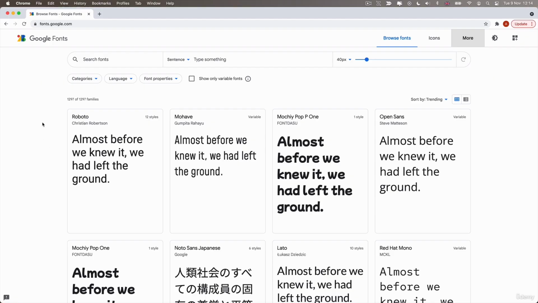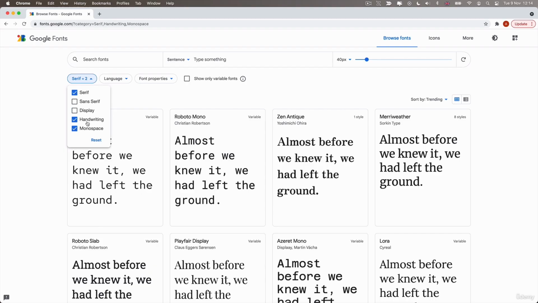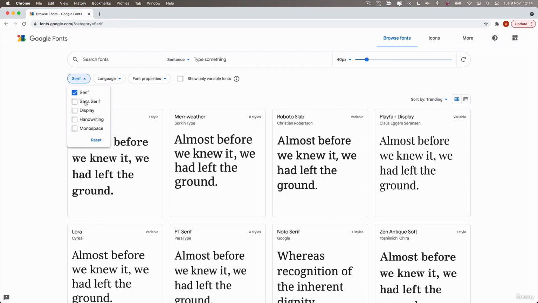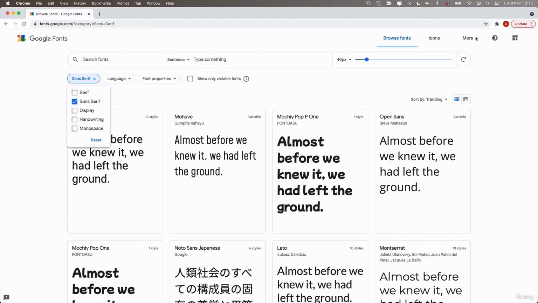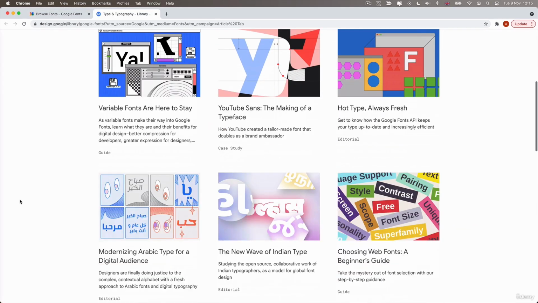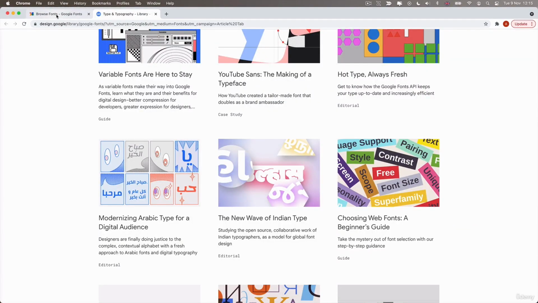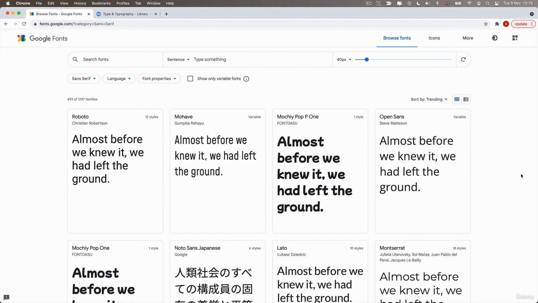And there's a large choice of font families that you can pick through. So you can choose whether you want just serif fonts to look through or sans serif. They have these cool articles about which fonts go well with which, and a whole bunch of really, really useful stuff actually. But in my case, I already know what it is that I want. I want the font called